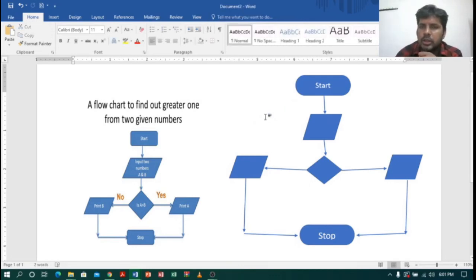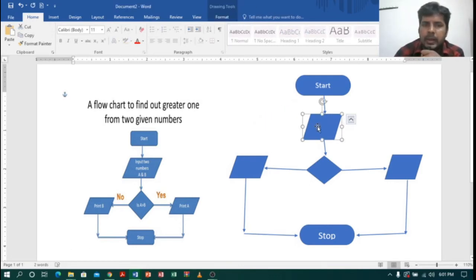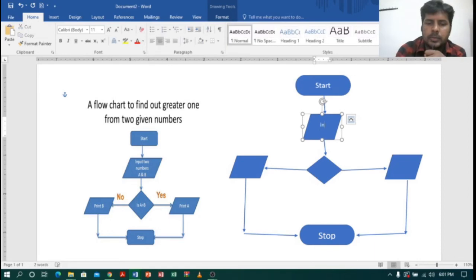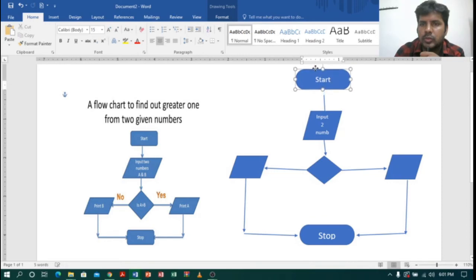So let me delete this one, and now I want to type input two numbers. Okay, let me increase the size. Nice. So let me move this to the top a little bit. Nice.